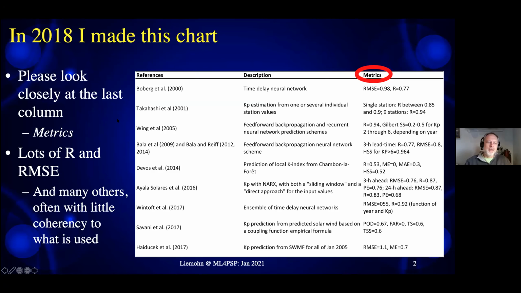This one is for Kp. And different people that have tried to predict Kp and the different styles of how they did their prediction. And this last column over here is showing the metrics that they used, the data model comparisons that they used. And a lot of people use root mean square error and R, the Pearson correlation coefficient. And a few people use some other things like MAE instead of RMSE, that's great. Heidke skill score thrown in there. Some people, prediction efficiency. Sometimes we'll throw in a mean error, but kind of a smattering of many different types